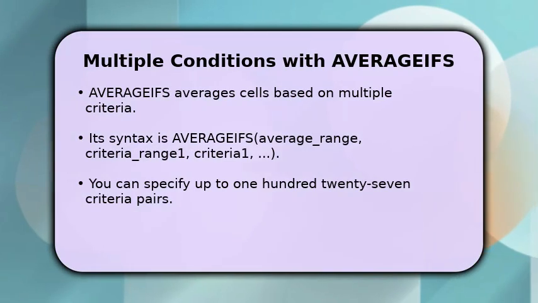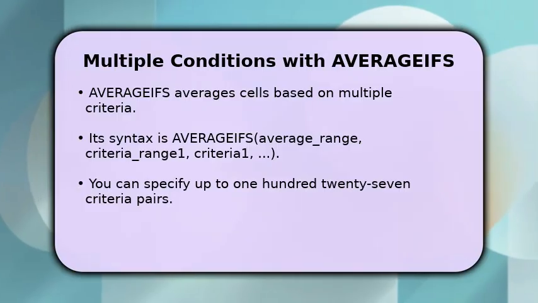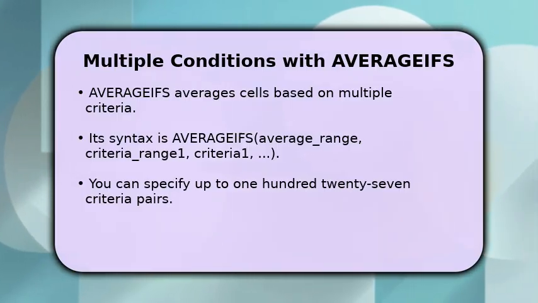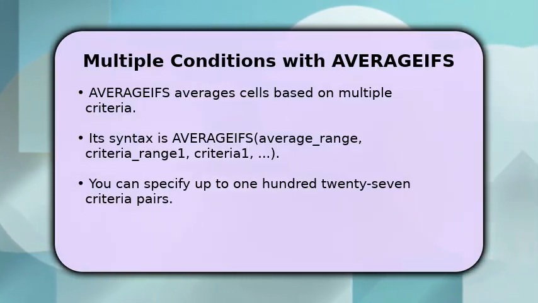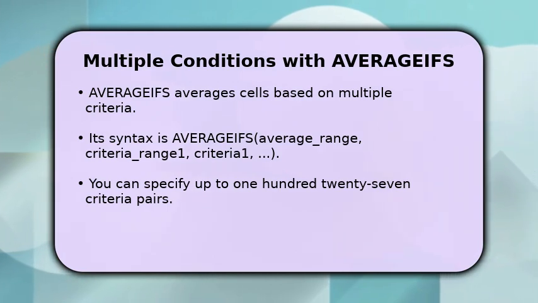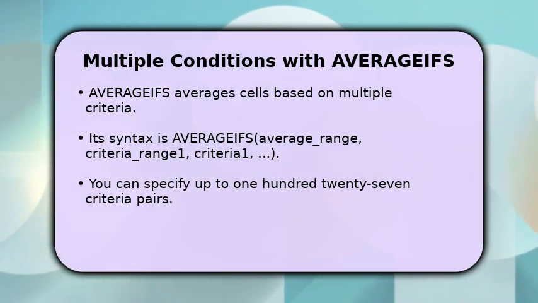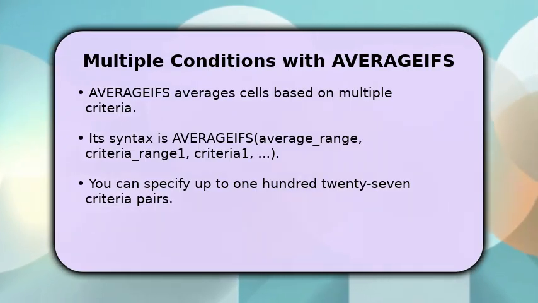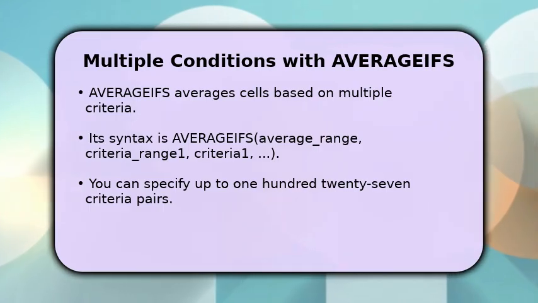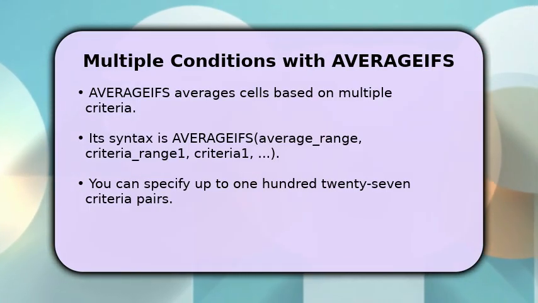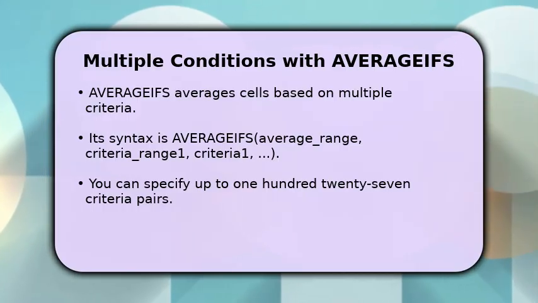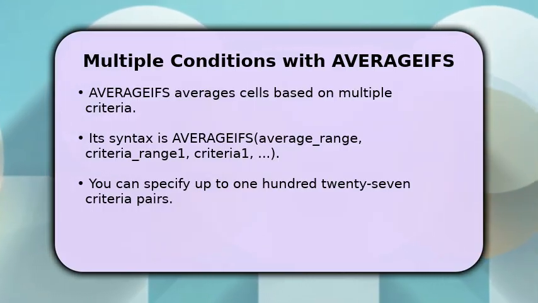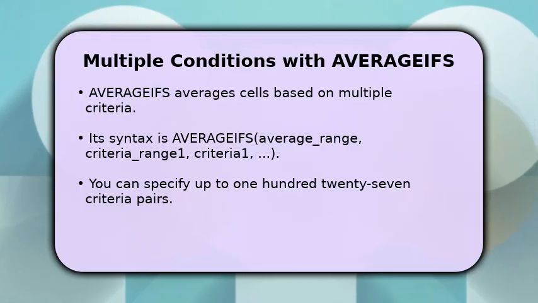For more advanced scenarios, when you need to average data based on several conditions, the average function is your best friend. This powerful function allows you to specify multiple criteria, up to 127 pairs, to precisely filter your data. You first define the range to average, then follow with your criteria ranges and their corresponding criteria. This is perfect for intricate data analysis, giving you highly specific average